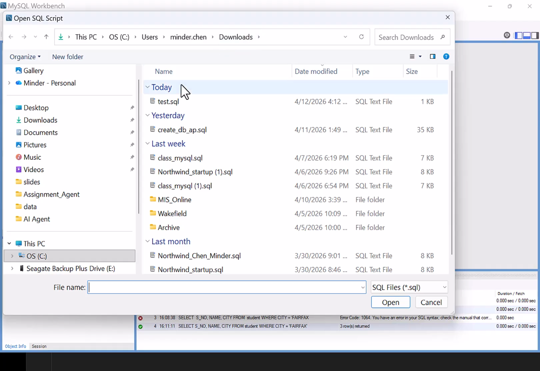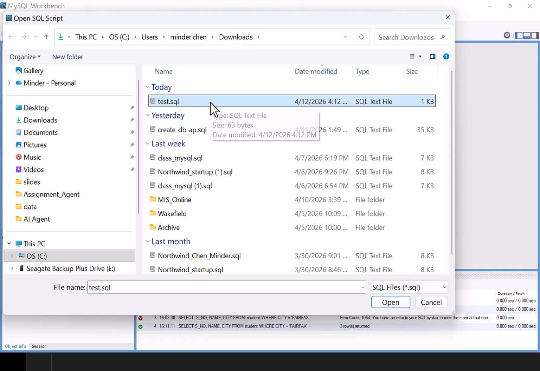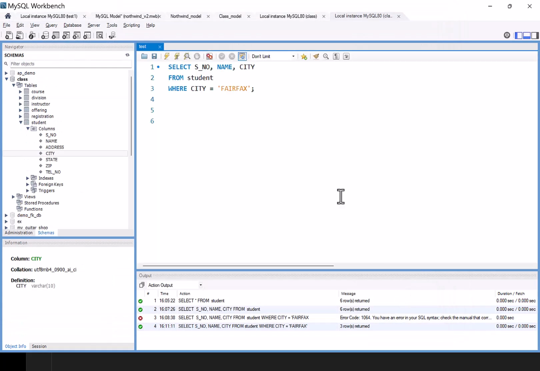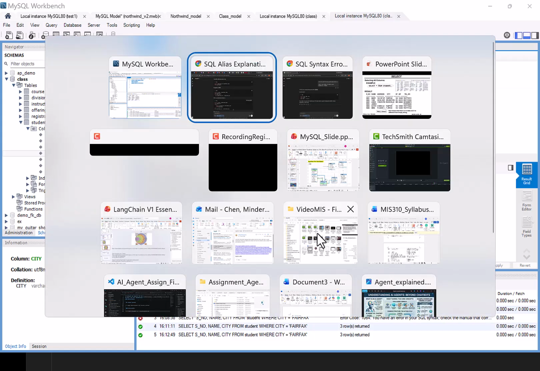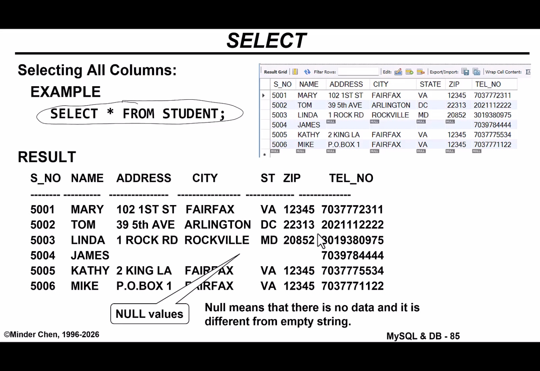You go to download, and that test.sql. Now you have it. You can run it. So any SQL statement you want to save, you can save it this way. Okay, that's MySQL Server, and you can use this from now on for testing out a lot of